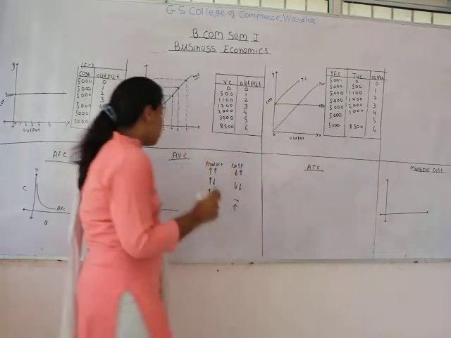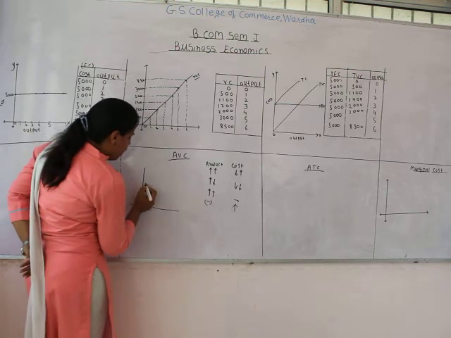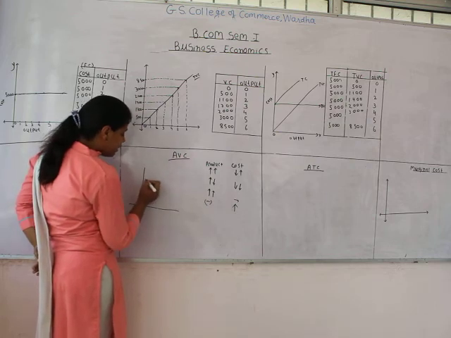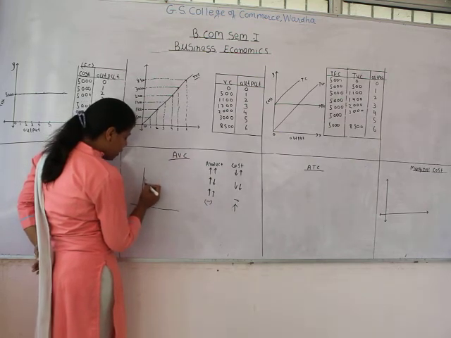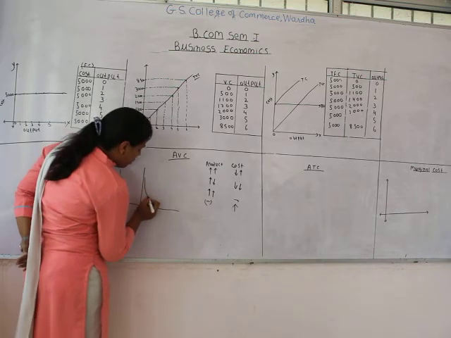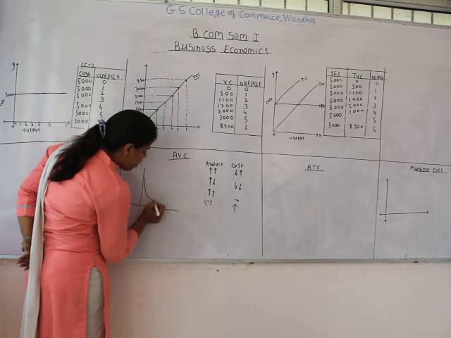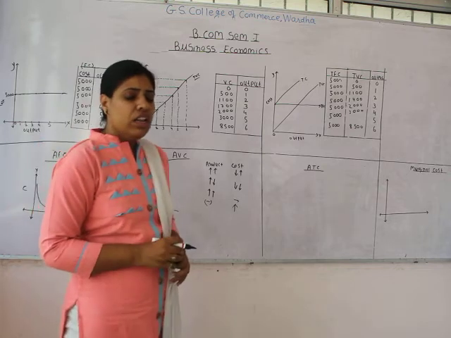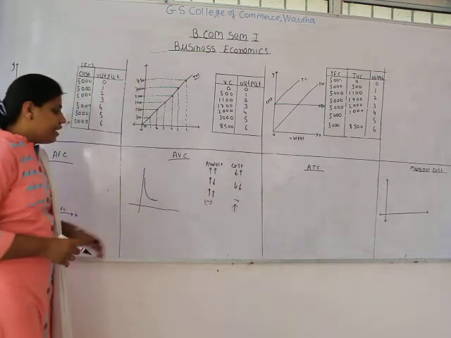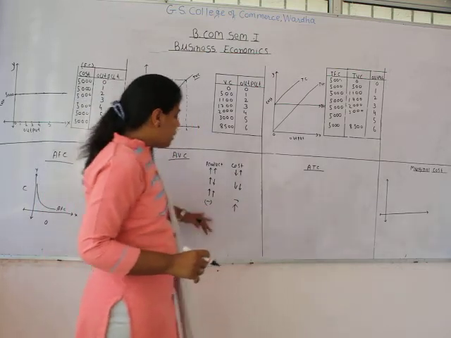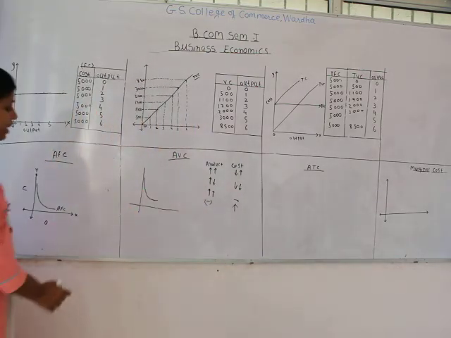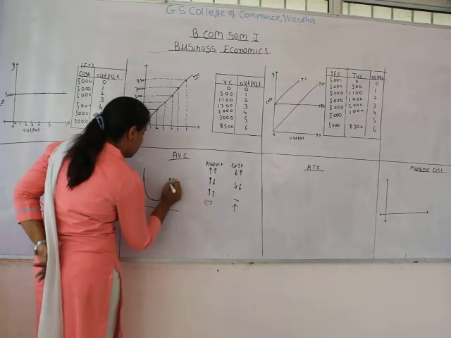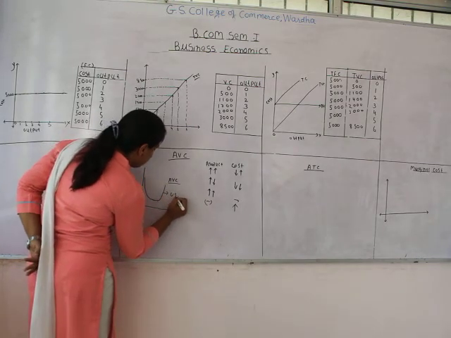So when we talk about the average cost curve, at the initial level, when output increases at an increasing rate, the cost will decline at a very fast rate, and then it will become constant for a certain period of time when the output increases at a constant rate. When your output starts becoming negative, your variable cost will increase, and therefore the average variable cost curve is a U-shaped curve.